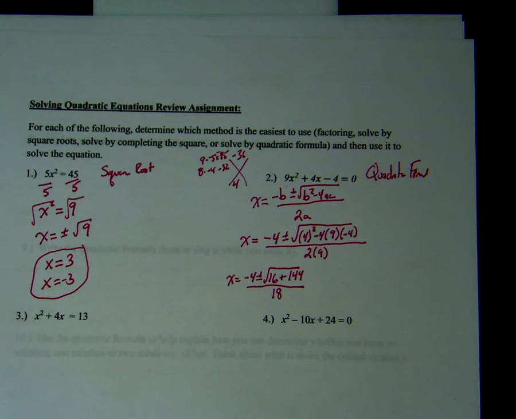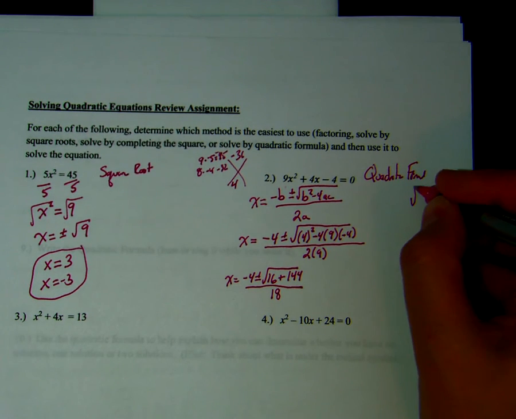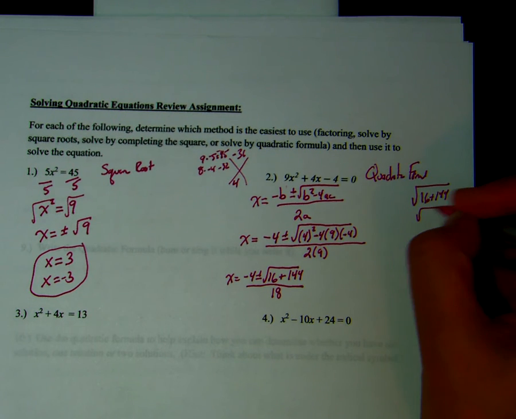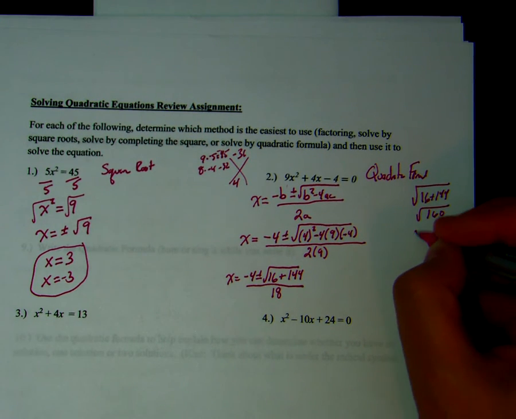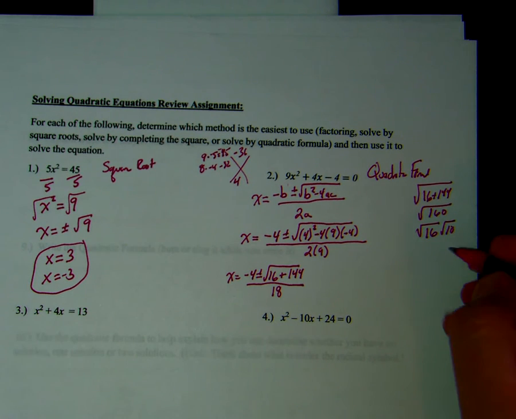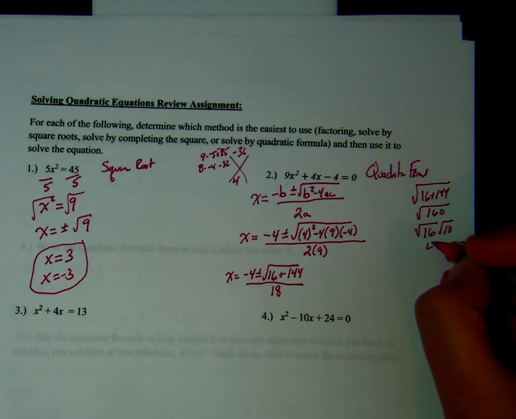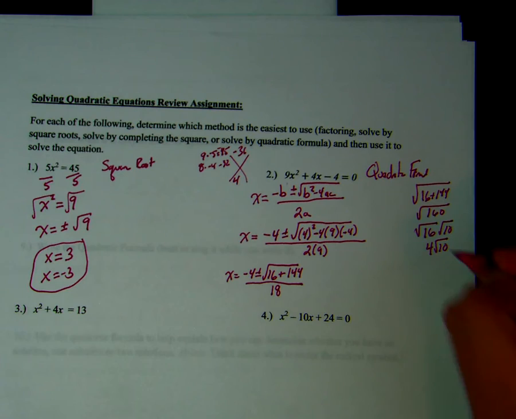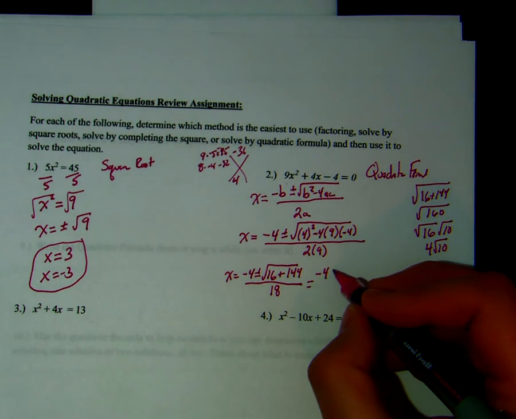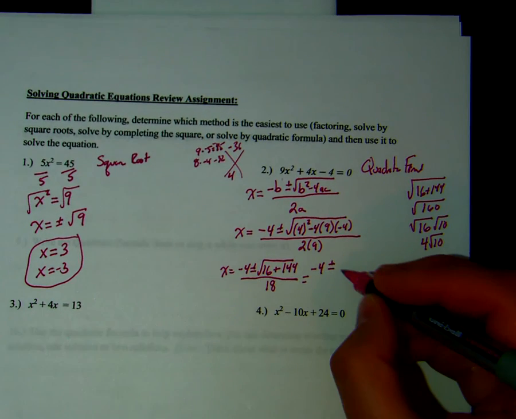So 144 plus 16, let's do this off to the side. 16 plus 144, that's going to be the square root of 160. 160 is 16 times 10. So the square root of 16 is 4, so 4 root 10. So this is going to be negative 4 plus or minus 4 root 10